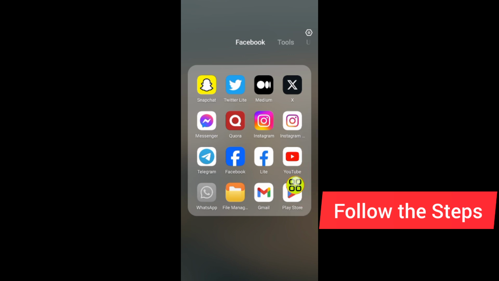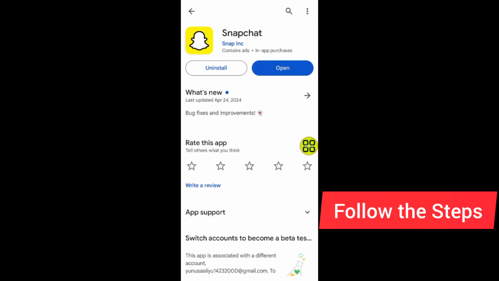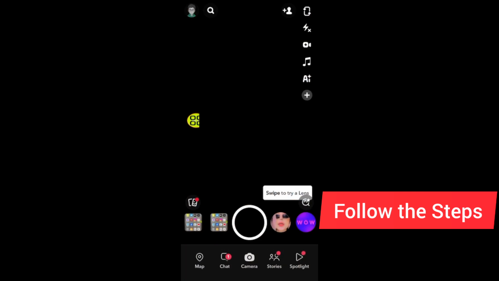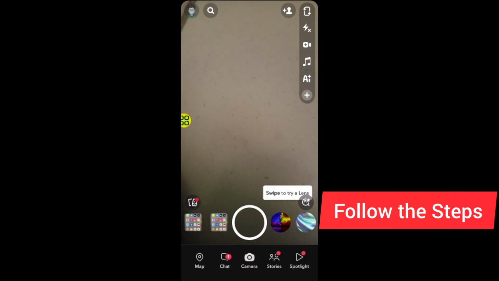and start by updating your app. After you come to your Play Store or App Store, search for Snapchat like this and make sure you update your Snapchat. After you update Snapchat, go back and open the Snapchat app like this. After you open your Snapchat app, if you want to get My AI,